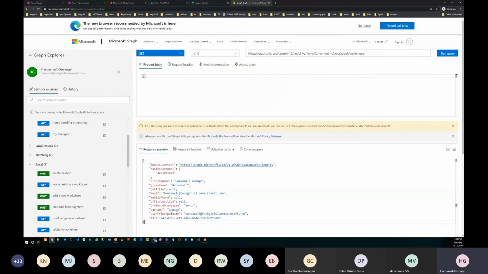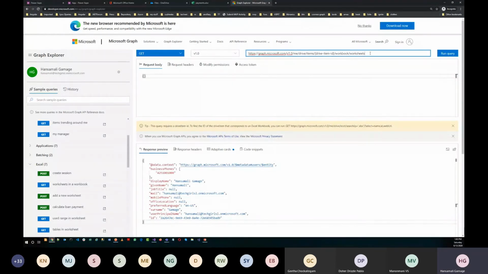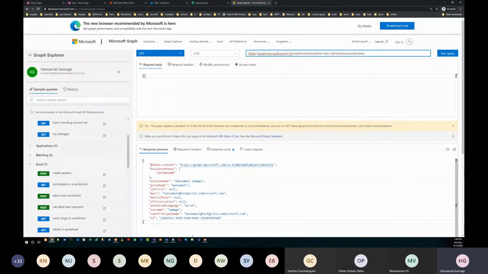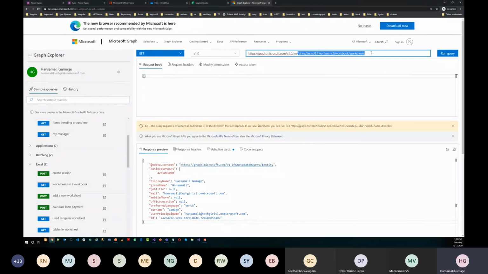Okay, now let's go back to Visual Studio, and I will copy this one. This is the base URL and the version, and then me/drive. Let's go step by step.